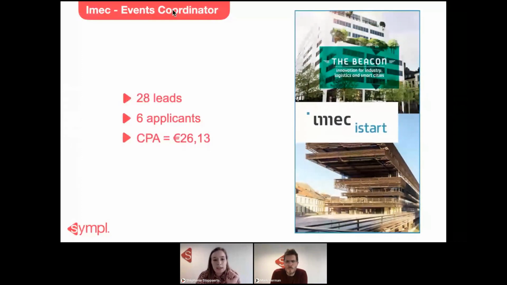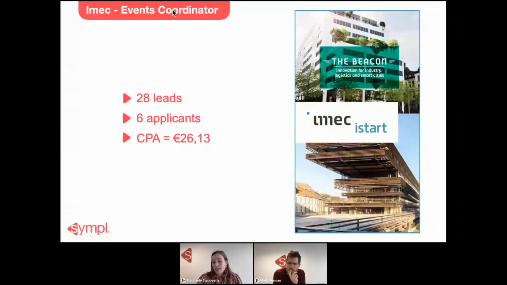Here are the results. You see that the cost per application is a bit higher. I just want to point out as well, like you already said, between 0 and 10 euros and between 11 and 20 euros, it can be higher. It all depends on if your target audience is available on TikTok, if you have a good audience to target them, if you had good visuals, etc.